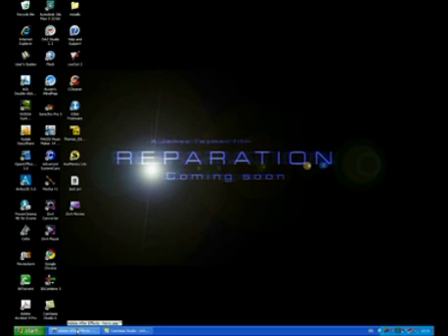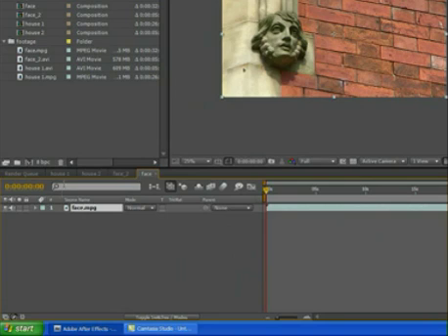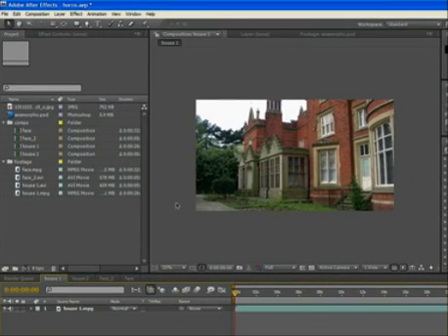Okay, so now we've had a look at that. Let's go into After Effects and I'll explain to you a little bit more about what we're doing. The first shot you'll notice is of a house, and this is the original shot that I went out and got with my camera. And there's a couple of things about this shot which you'll notice. First of all, is this blown out sky